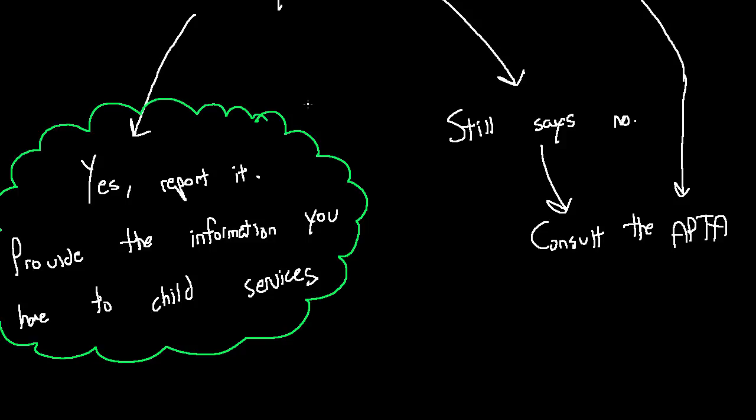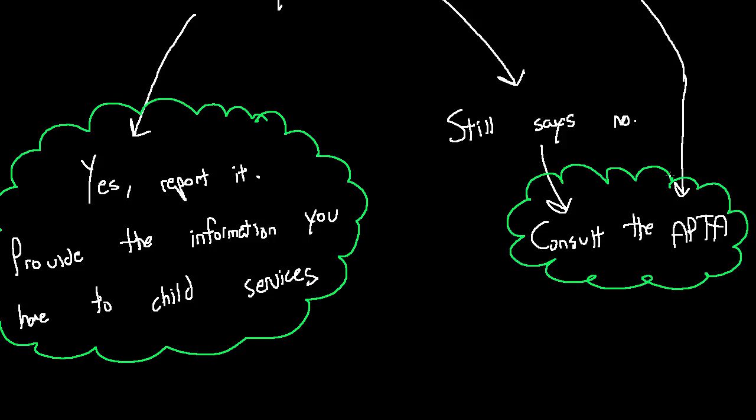So after you give him all the information, if he says no, go consult the APTA. I wouldn't go ahead and break his request right now. But remember, we're going to consult them, and then we'll eventually end in a CS report. You will eventually report the parents to child services. Just getting the right way is going to be the way we go at it.